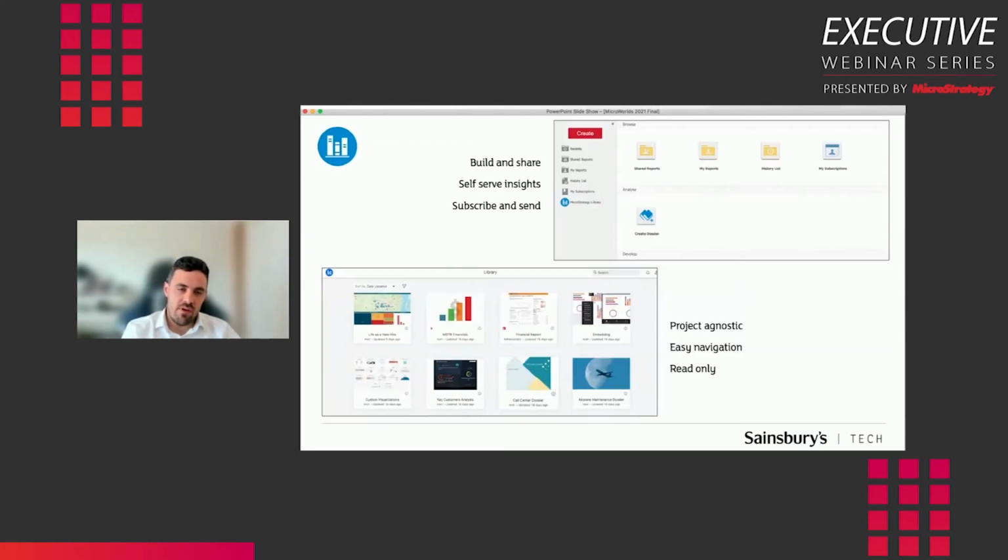So why is each one of those channels important? Well, if we look at, for example, the web access side, we've identified two key use cases. We have the traditional web access of building and sharing their own dossiers, dashboards, etc., and data points. So to be able to use that semantic layer and the metadata layer to drive their own version of reporting, to be truly self-serve in what they're doing, and to be able to use the platform to drive subscriptions and to communicate those dossiers and visuals out to the wider people to control the element